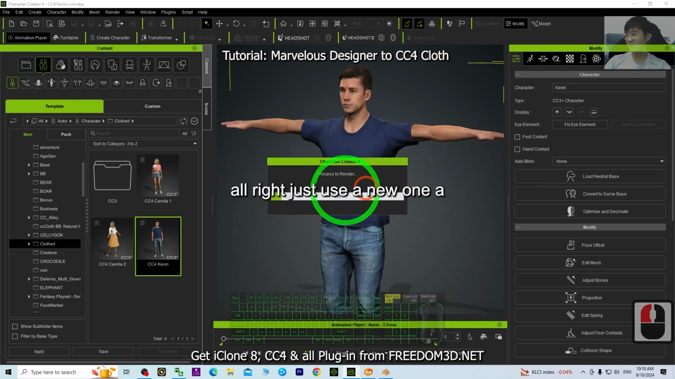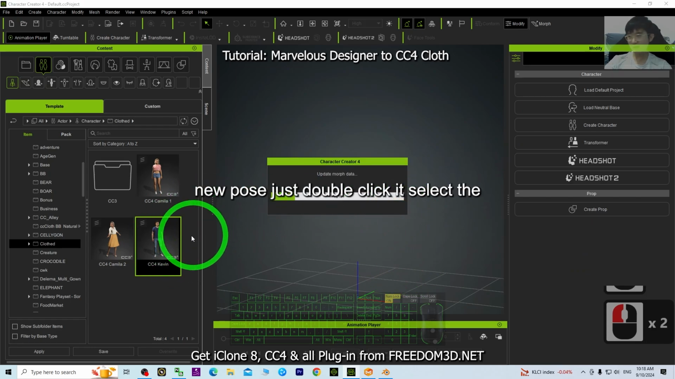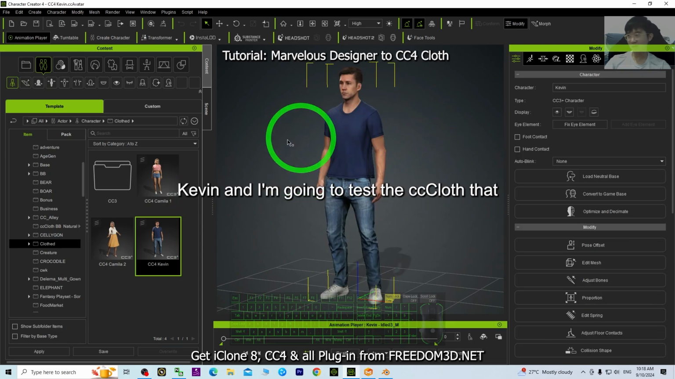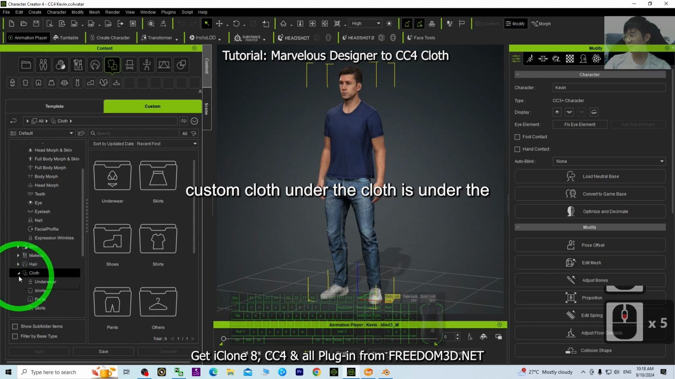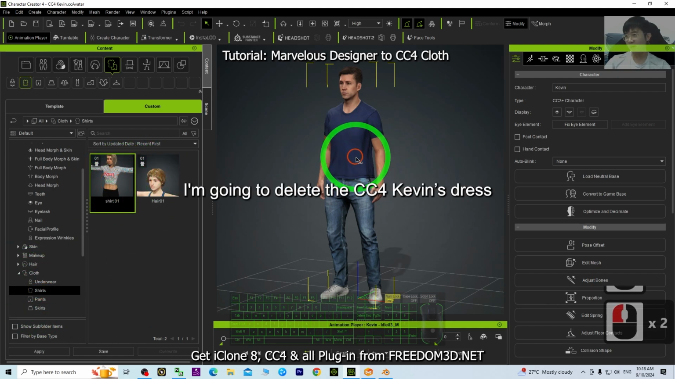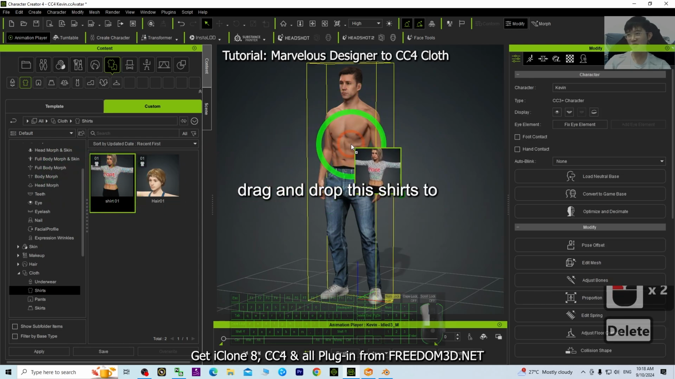Alright, just use a new pose. Just double click it, select the Kelvin, and I'm going to test the CC cloth that I saved just now. It's under the custom cloth, under the shirt folder, at here, shirt01. I'm going to delete the CC4 Kelvin's dress first and drag and drop these shirts to